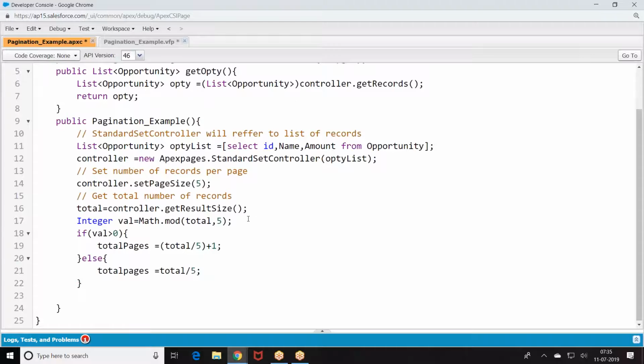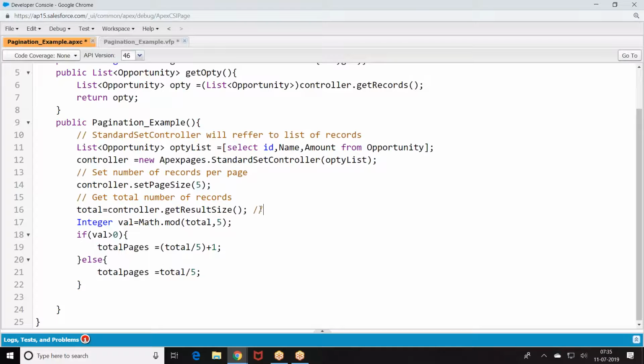Now what is this logic? Let us take 37 as the total. 37 divided by 5, the remainder we are getting is 2. That's the reason I'm giving 37 by 5, which gives 7 plus 1. Total number of pages is 8. If the remainder is not greater than 0, let's say 35 by 5, the remainder is not greater than 0. Then count equals 7.